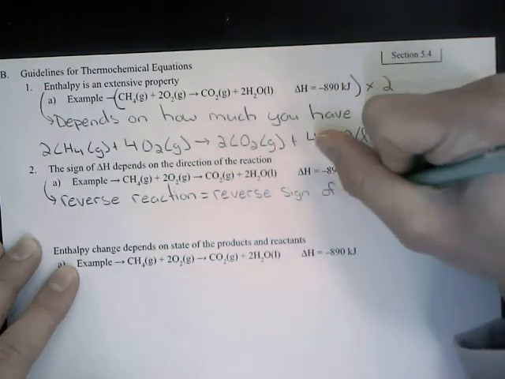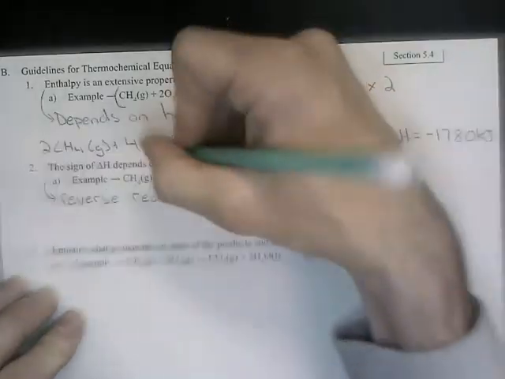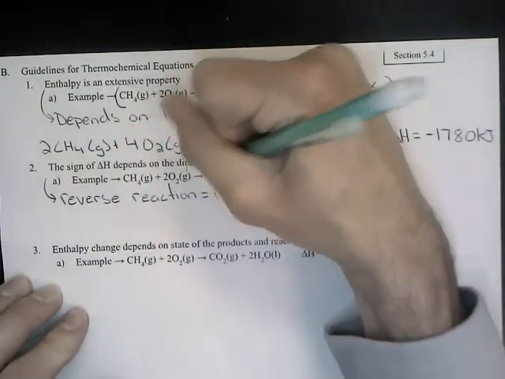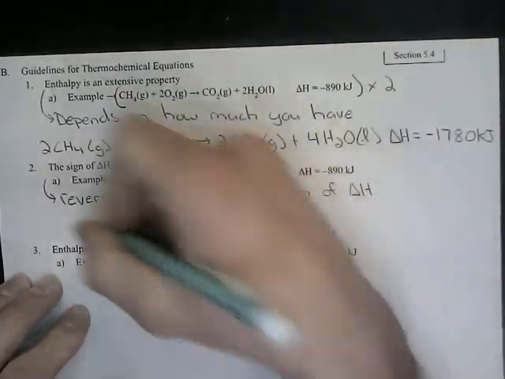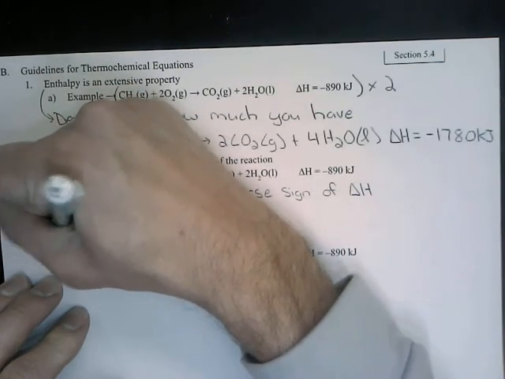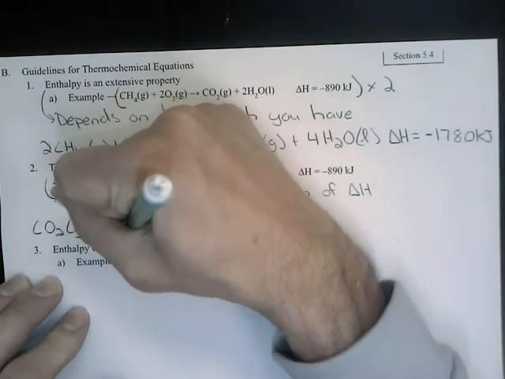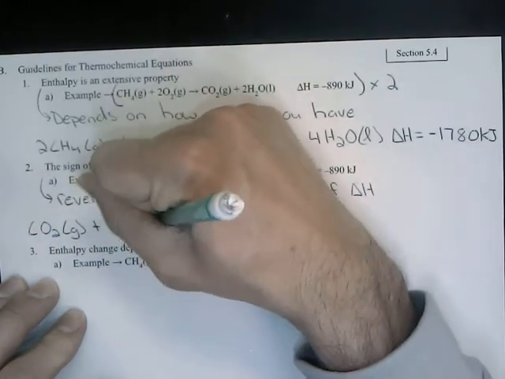Okay, so let's do this here. Let's flip-flop our products and our reactants. So I'm just going to draw some arrows here. We're going to start with CO2 as a gas plus H2O as a liquid, which is now going to yield